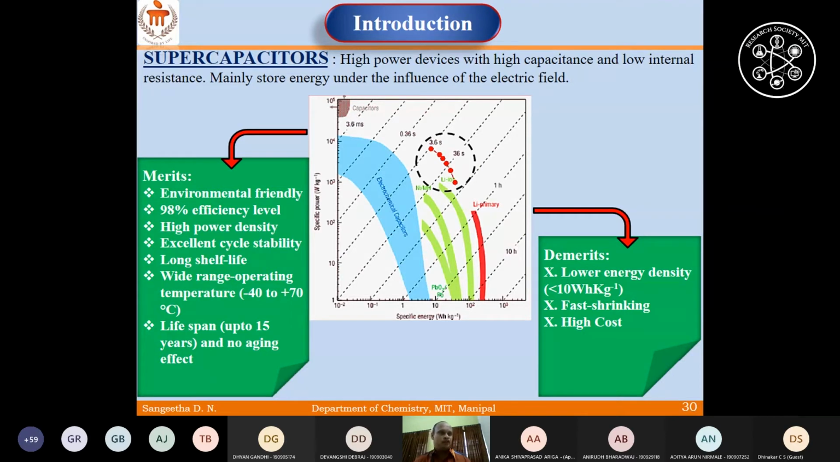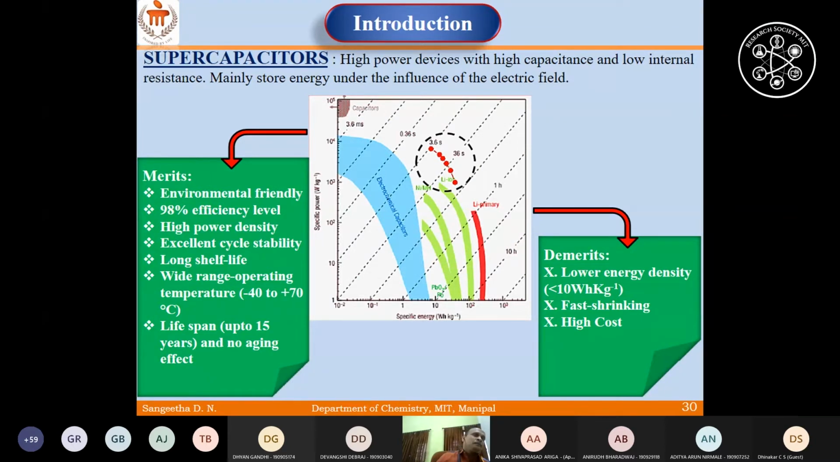Polymer blends have a huge number of applications, but I have done polymer blend electrolytes. You can use them for supercapacitors, for batteries, and even for dye-sensitized solar cells. Of course, we are going to discuss everything. So what is a supercapacitor? A supercapacitor, compared to a battery,